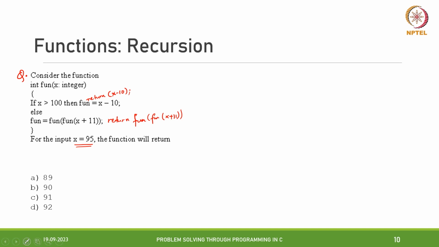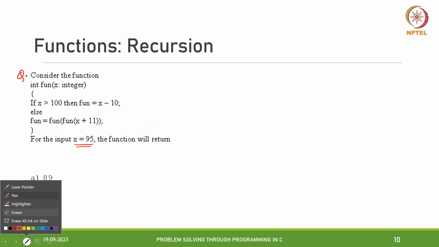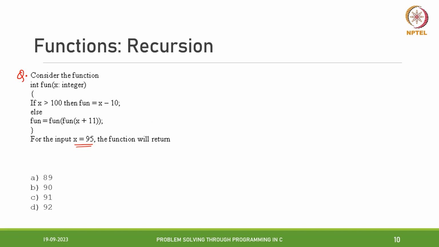So if I want to write this entire function, I can write the entire function here. So the way that it is written, let me write that down. So you have int fun(int x). You start: if x is greater than 100, then return x minus 10. Else